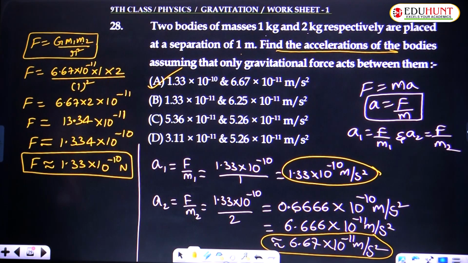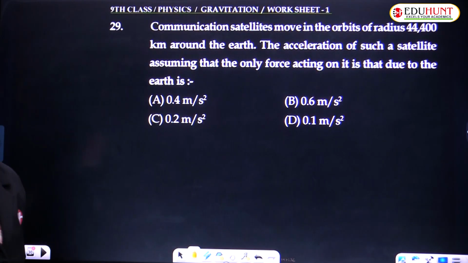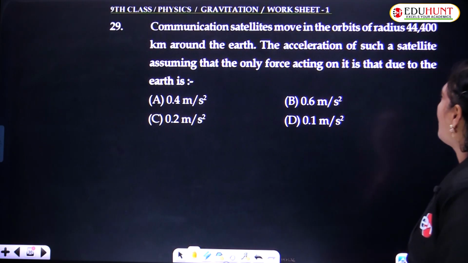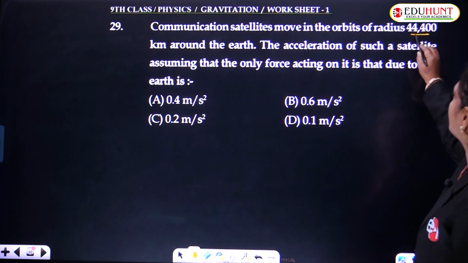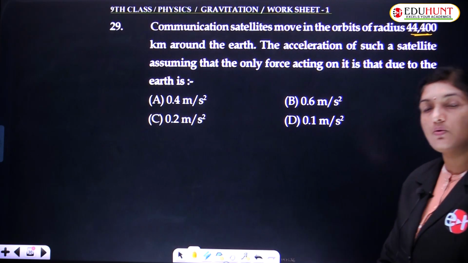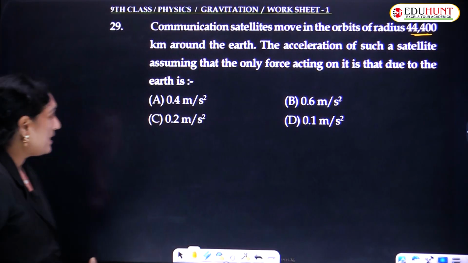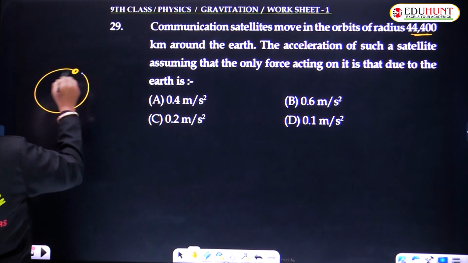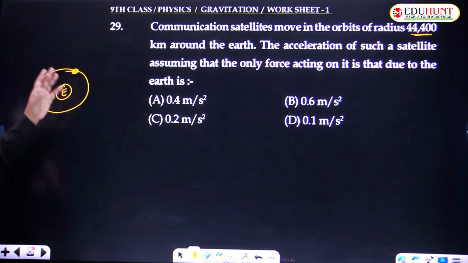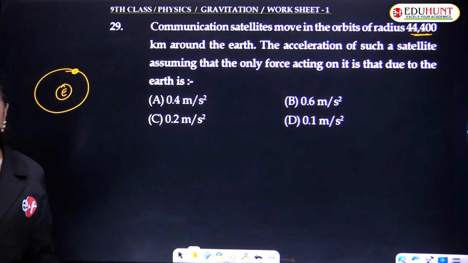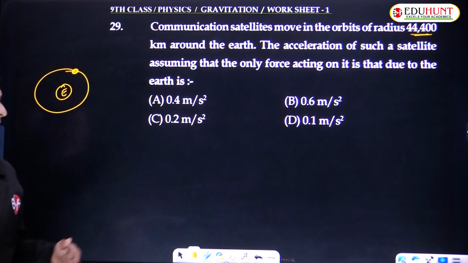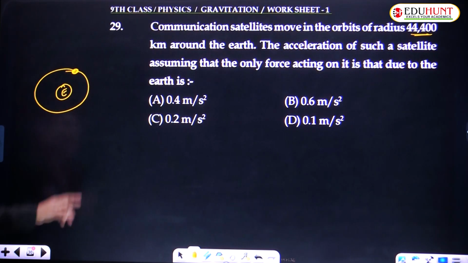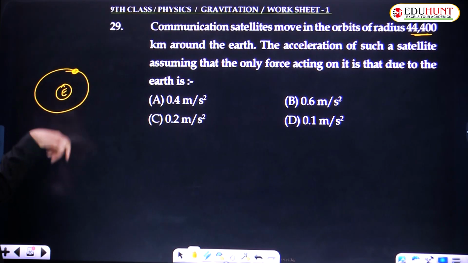Okay. Well, moving ahead with the next question, 29th question, children. Communication satellites move in the orbits of radius 44,400 kilometers around the Earth. So, Earth is there, and around the Earth satellites will be moving. Moon is a natural satellite, as well as there are a few artificial satellites also called communication satellites, and they revolve around the Earth in some orbit. So, they gave that the communication satellites move in these orbits of radius